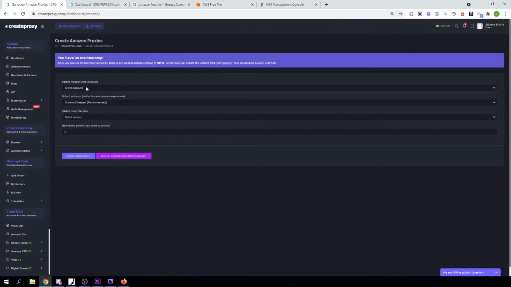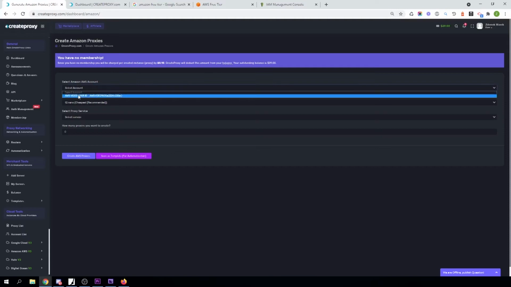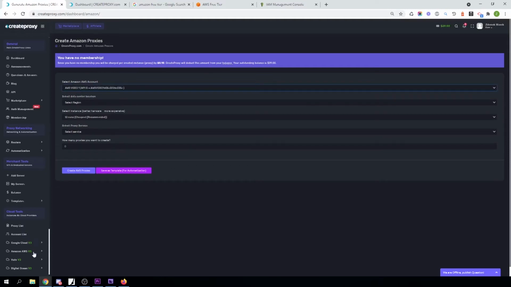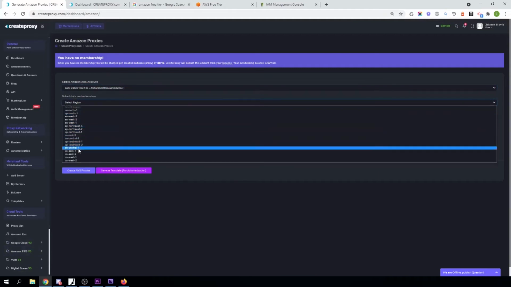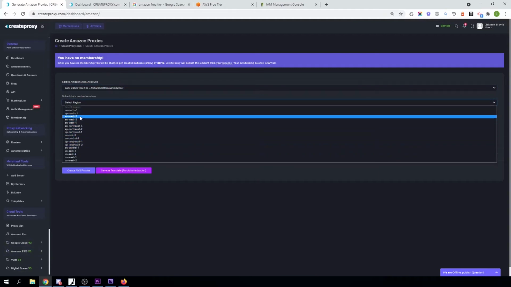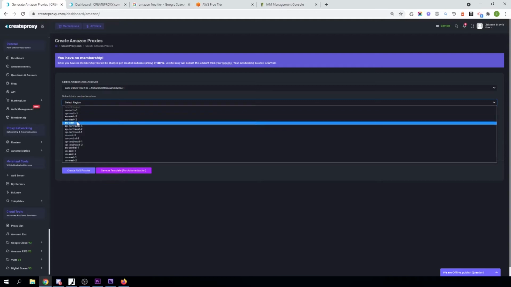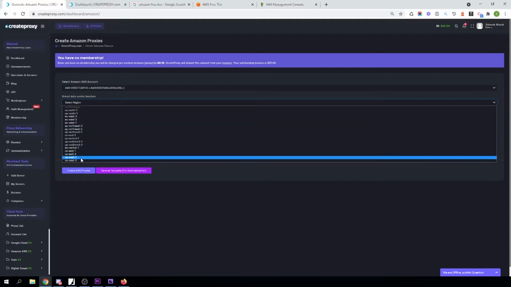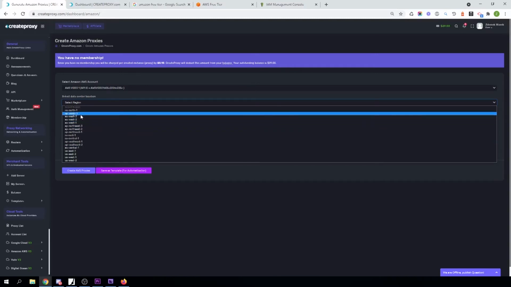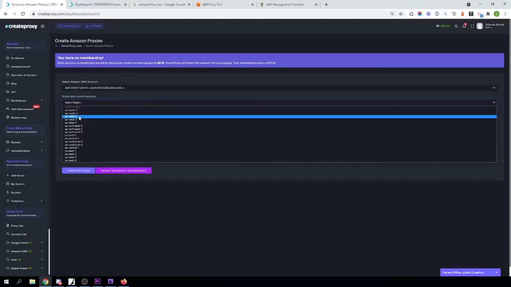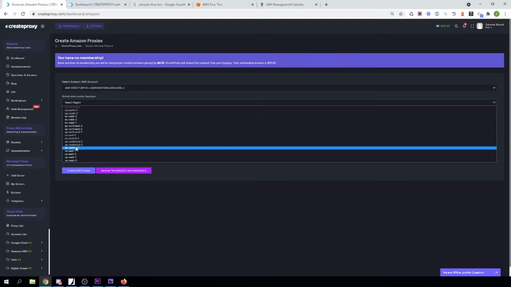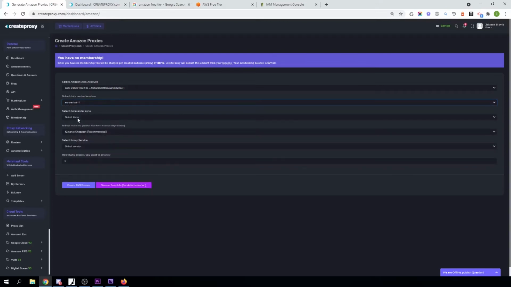Now you can select the AWS account that you have created. You can create more AWS accounts in Create Proxy and select the data center location where you want to create your proxies. As you see, you can select from many locations. I want to select EU, Central, select zone,